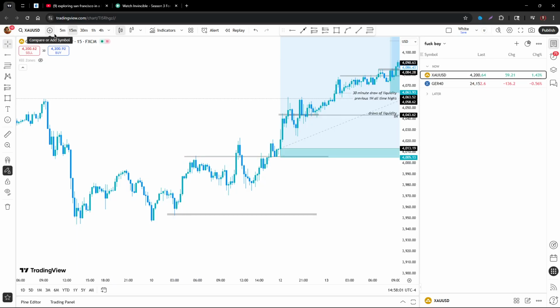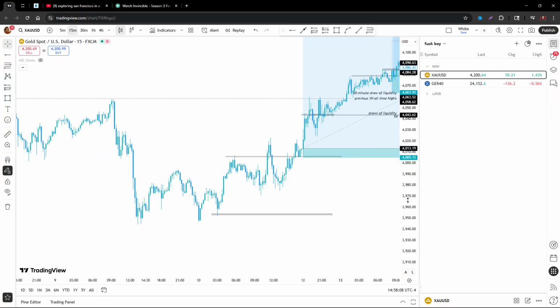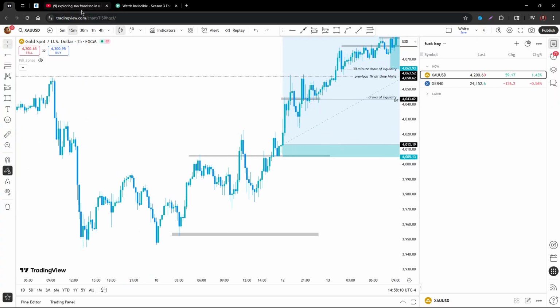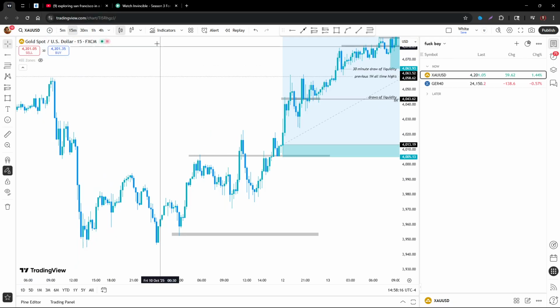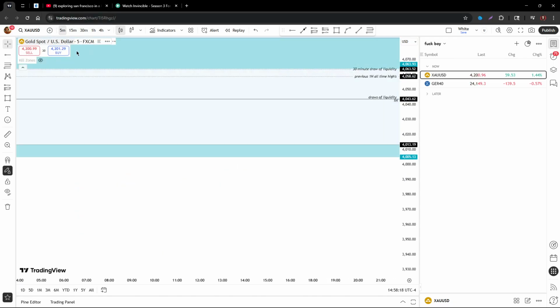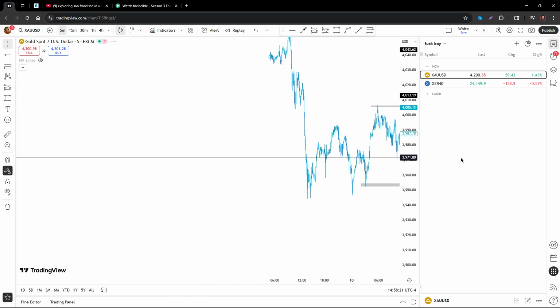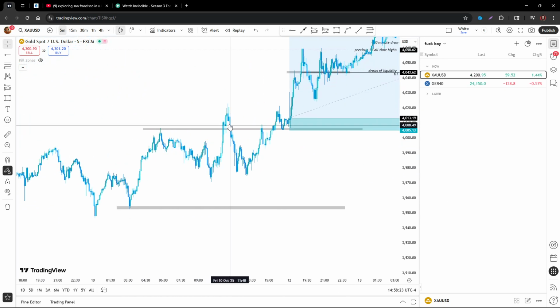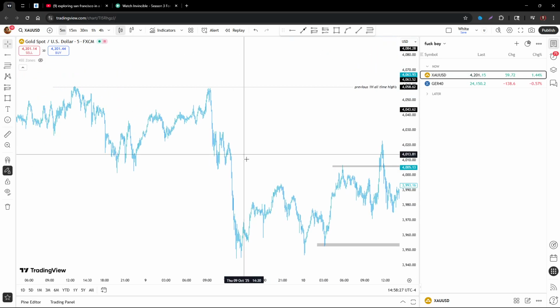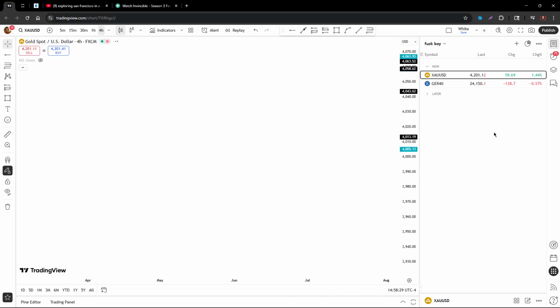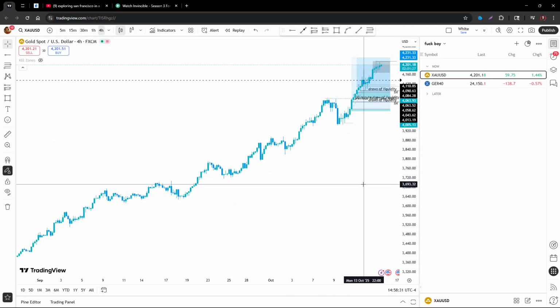But since I trade on the smaller time frames, I want to see what the hour is doing while I'm on the 5 minute. Okay, because all the time frames are the same. Me trading on the 5 minute is the same thing as me trading on the 4 hour, as long as you're looking at price as a whole. Whenever I trade on the 5 minute, you'll never see me just look at price moving at its current thing right now. I'll see recent price action, how it dropped. I'll even go on the 4 hours, see what we're looking at in the current movement.